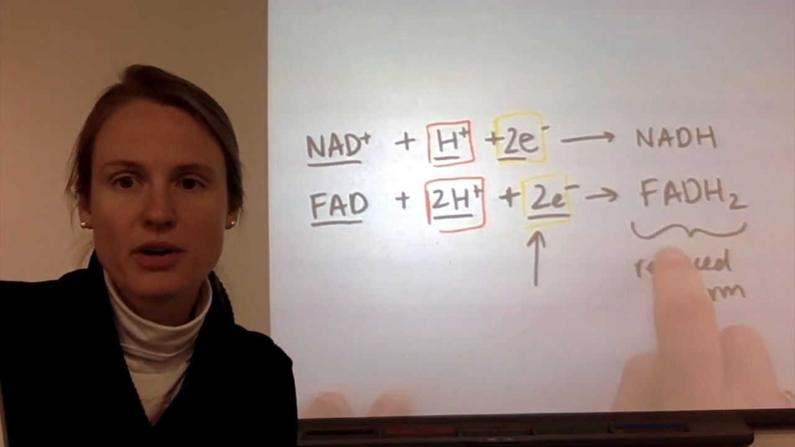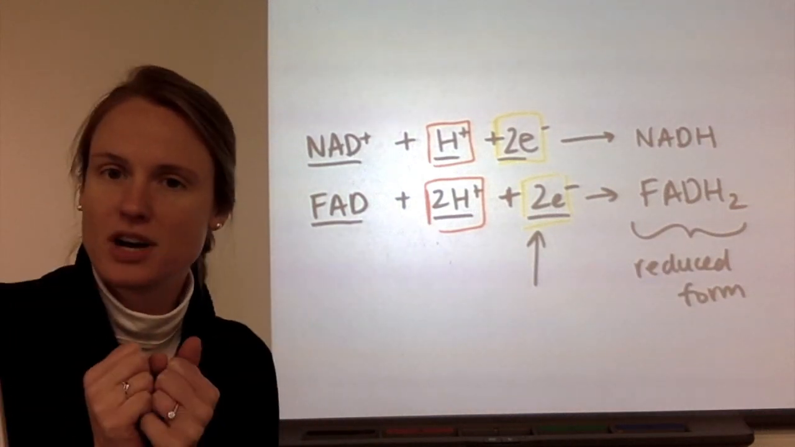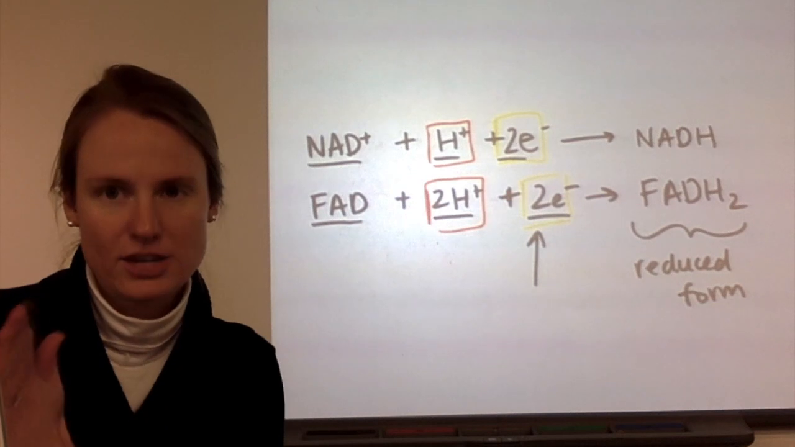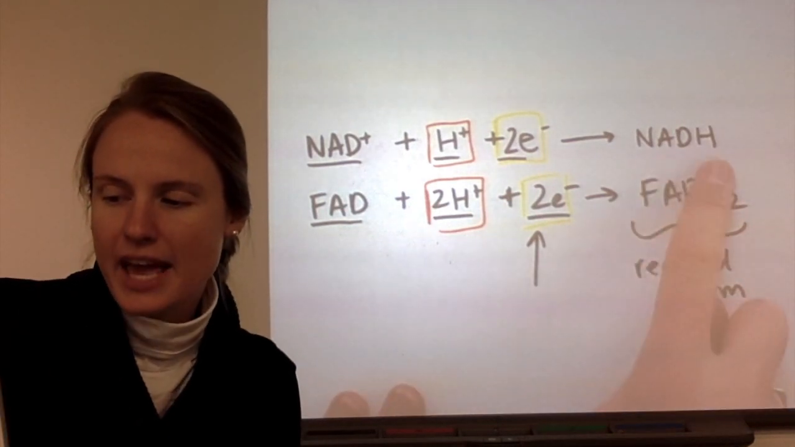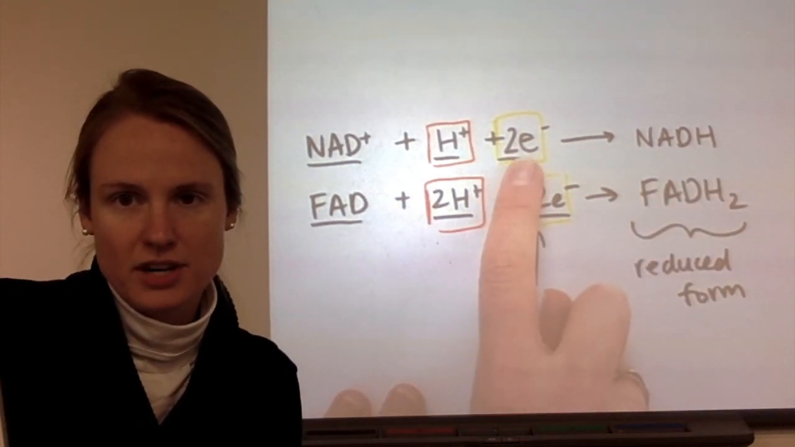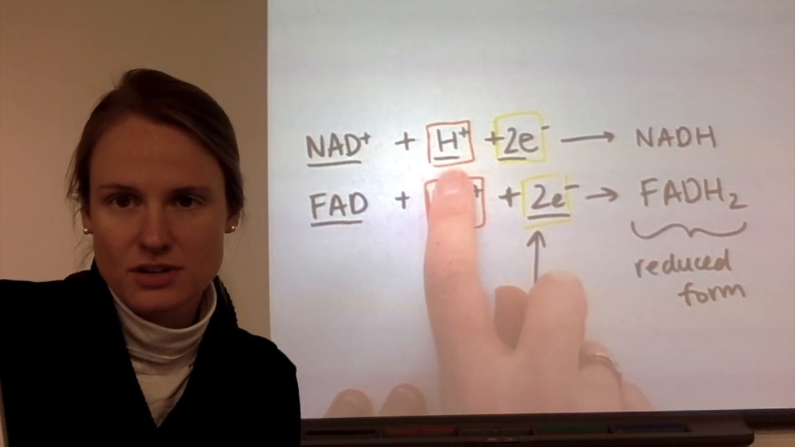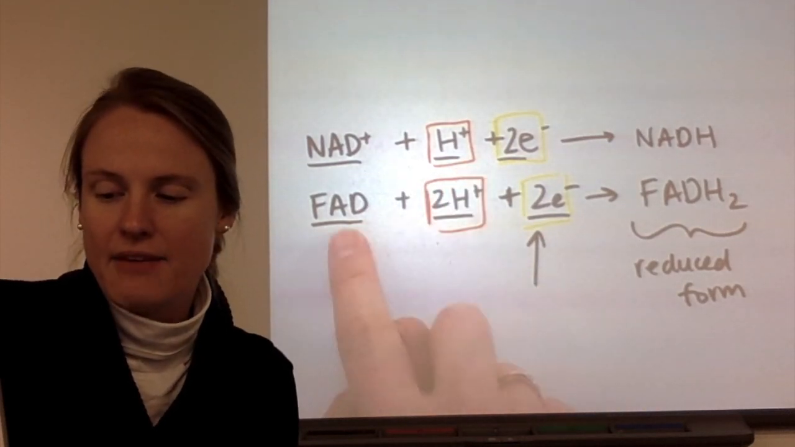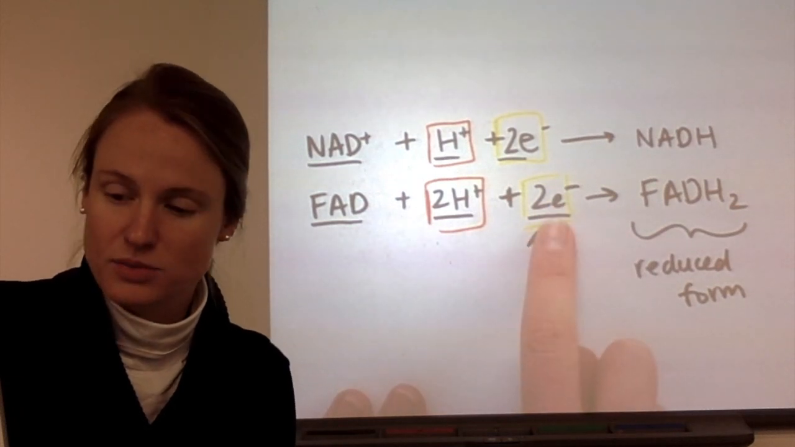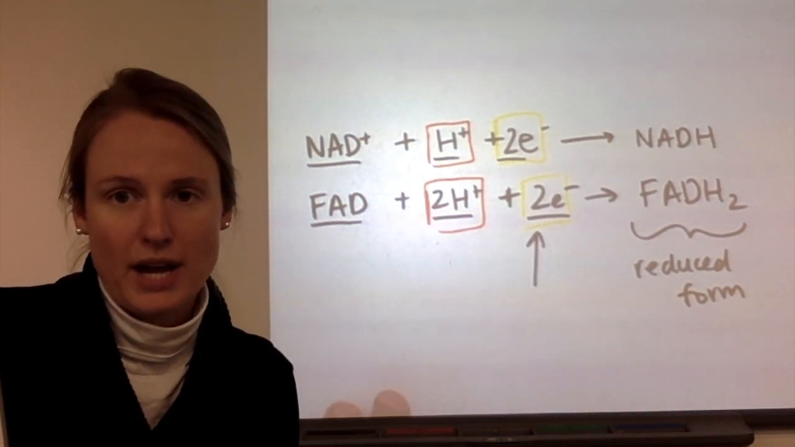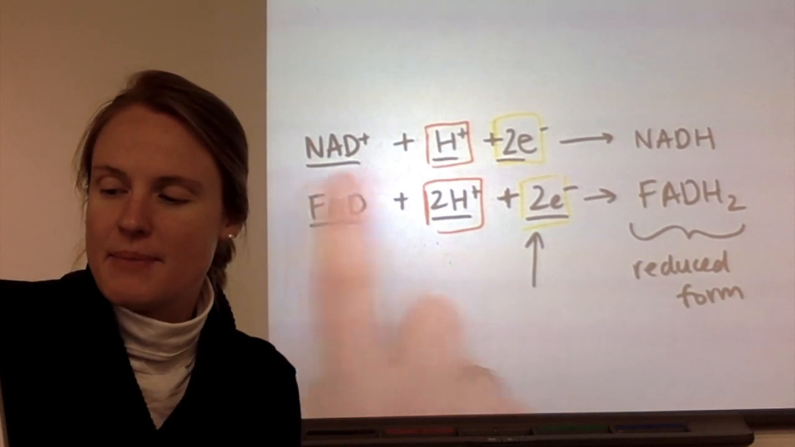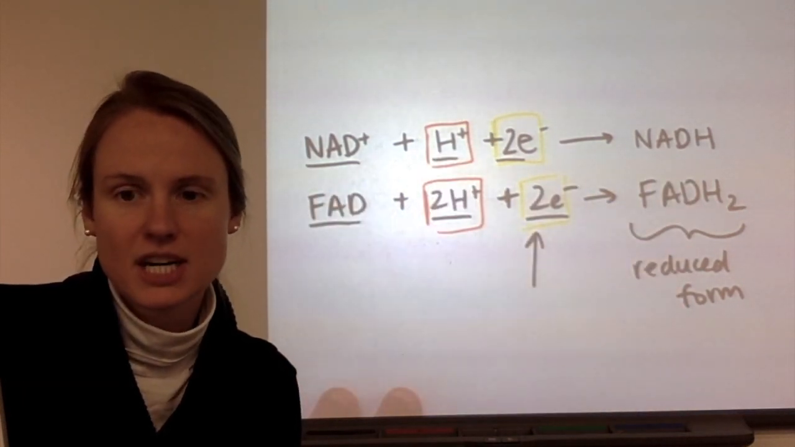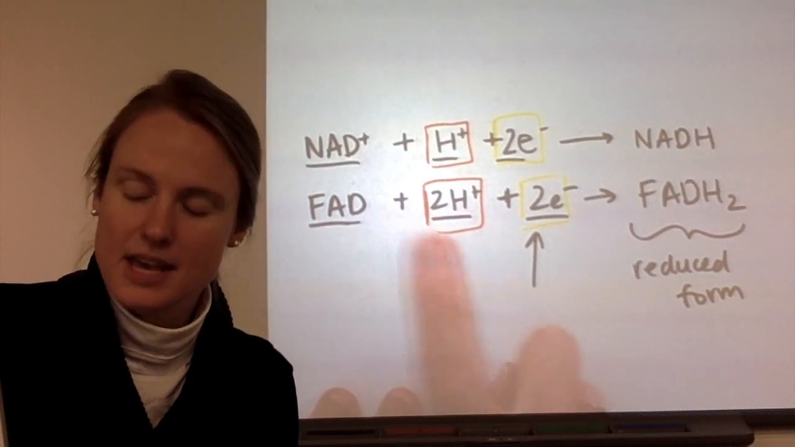So these are both molecules that can accept electrons so that they can be transferred to another location. So NADH can accept 2 electrons, and it also picks up a hydrogen ion, aka a proton, when it does this. And FAD can accept 2 electrons as well, and it picks up 2 hydrogen ions. NADH comes from NAD plus a hydrogen and electrons. FADH2 comes from